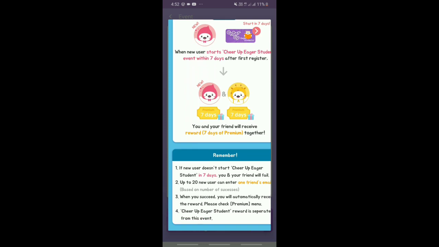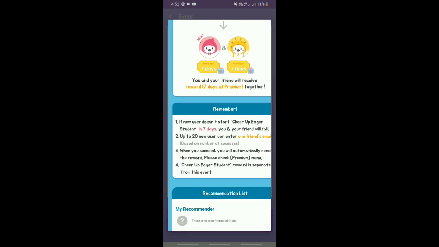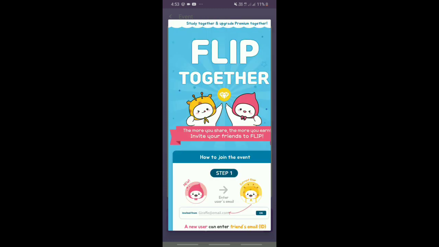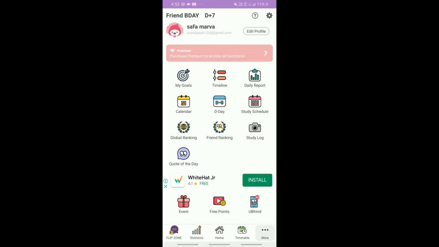So after 7 days, you and your friend will receive the reward, that means 7 days of premium together. This is a kind of recommending this app to your friends. By doing that, you will get the premium version of this app for 7 days. Now let's come back to the home page.